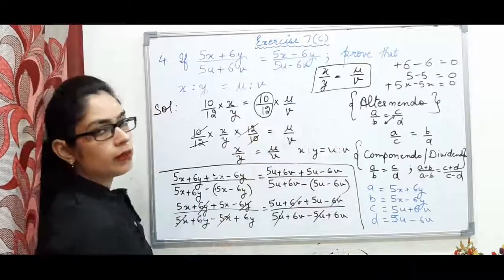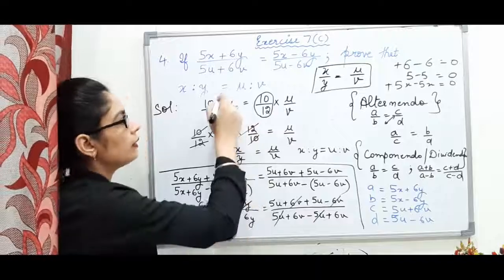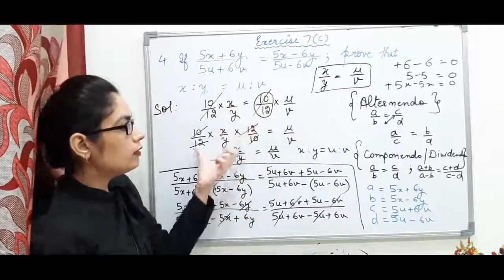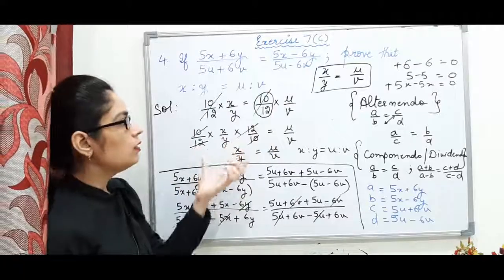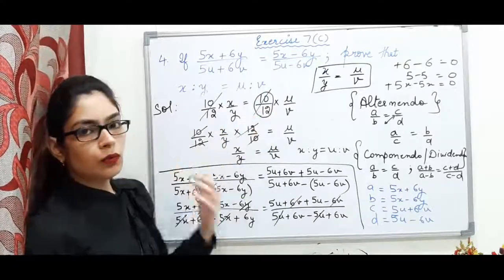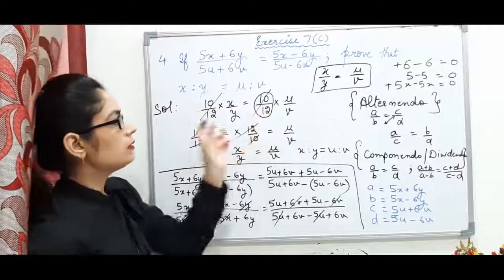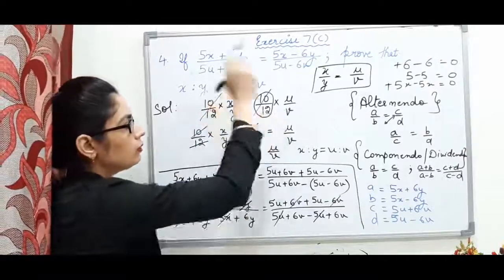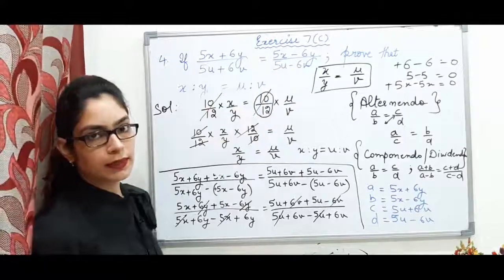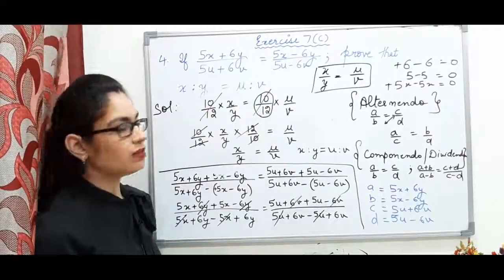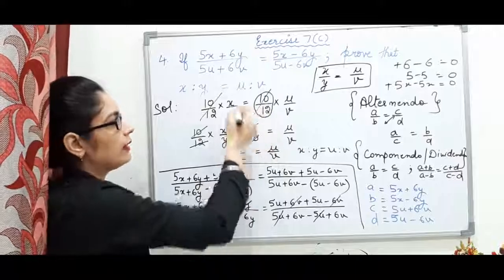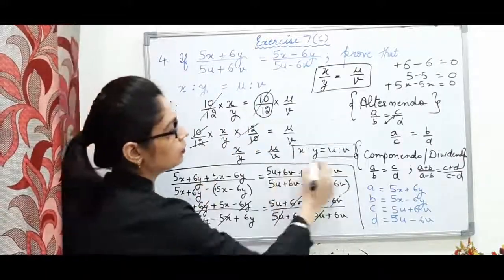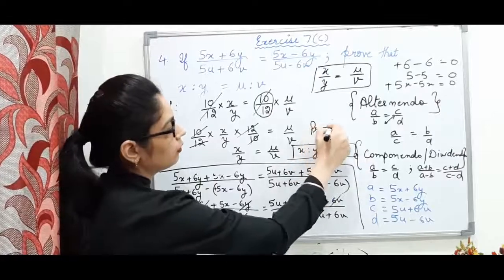And here what you can do directly is cancel this by this, because when we change its side it will get cancelled. So directly, when two terms with the same signs are on both sides of the linear equation, or both sides of any equation, not only linear, you can cancel them directly. So we have proved what was required.